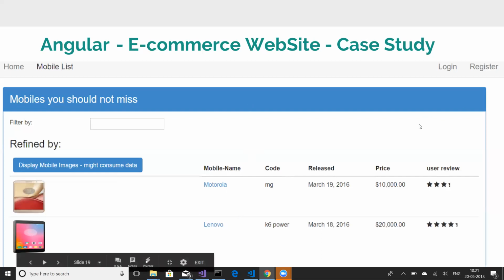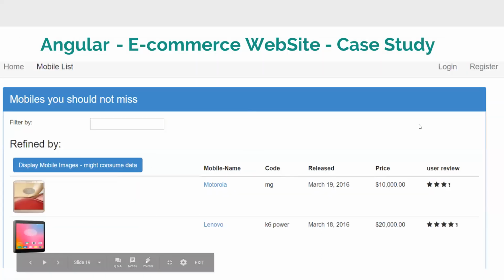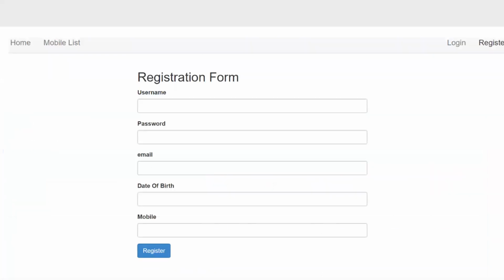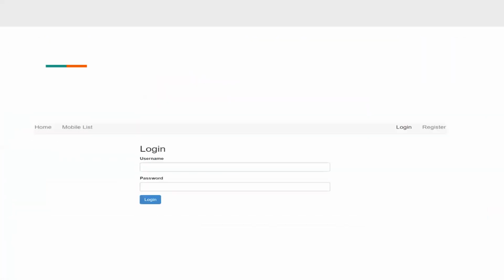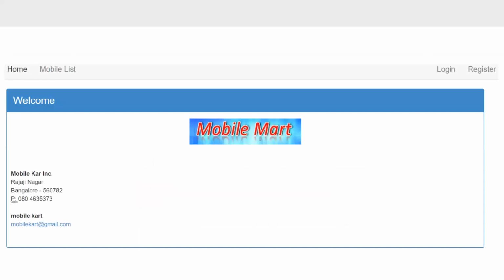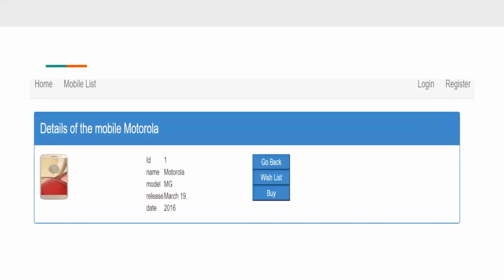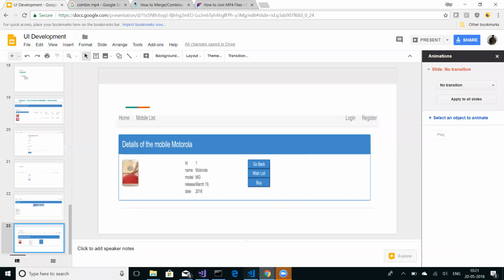So this is how the typical application will look, and how you are going to have a login screen, registration screen, home screen, listing screen, and displaying the images and all. This is how the registration form will look. This is where you have a login, this is how you have a welcome page, and this is the details of the mobile, where you can go and add to the wish list and other stuff. So let me show the